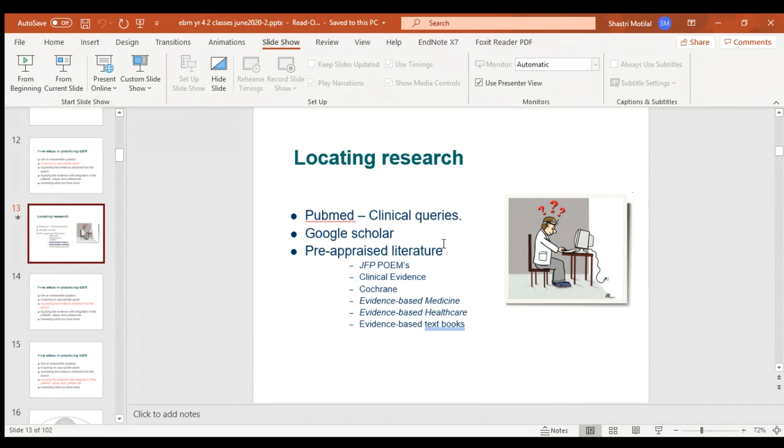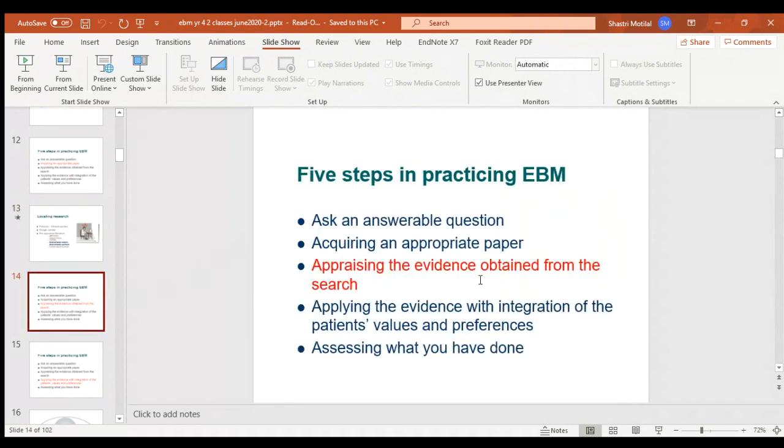But by extension on Google, you could also use Google Scholar. And to use Google Scholar, you just have to type the URL scholar.google.com and do your searches. And when you do your searches, it will all be medical. So the next step in evidence-based medicine is to find an appropriate article. Once you find that article, the third step says what we should try to do is we should try to